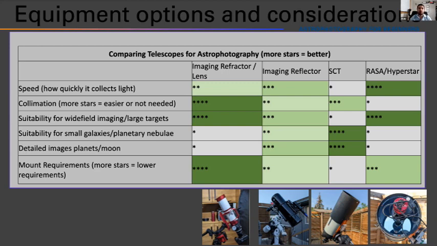Those are the most common focal ratios, so they tend to collect light pretty quickly. So you don't need to spend a lot of time collecting data to get a pretty good image. And in terms of lenses, actually lenses can be faster. You can have lenses down to f2, but primarily I'm focusing on imaging refractors here. So 2 stars out of 4, they're pretty good at that.